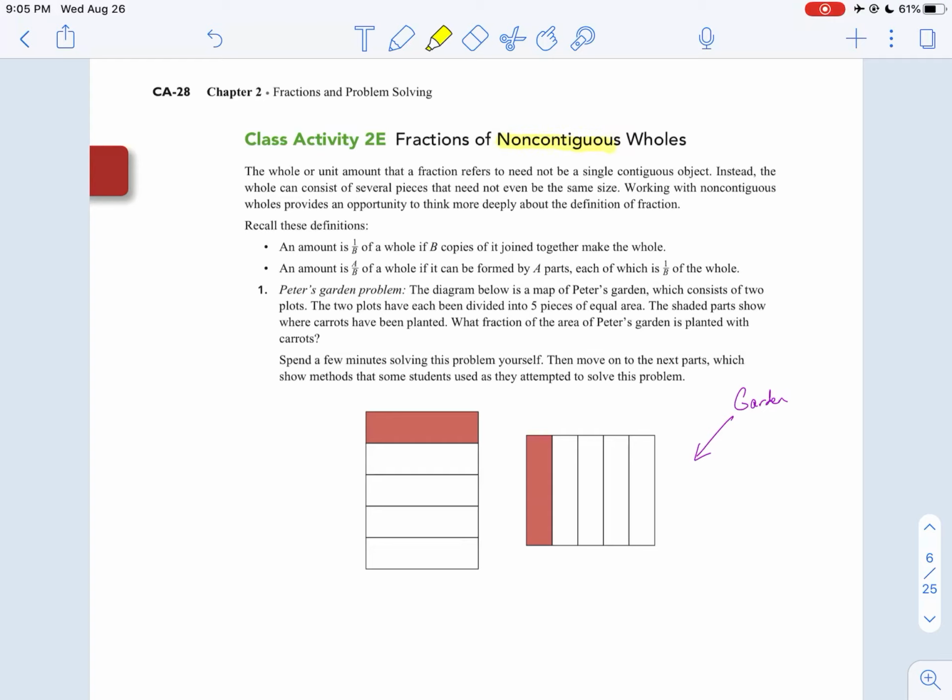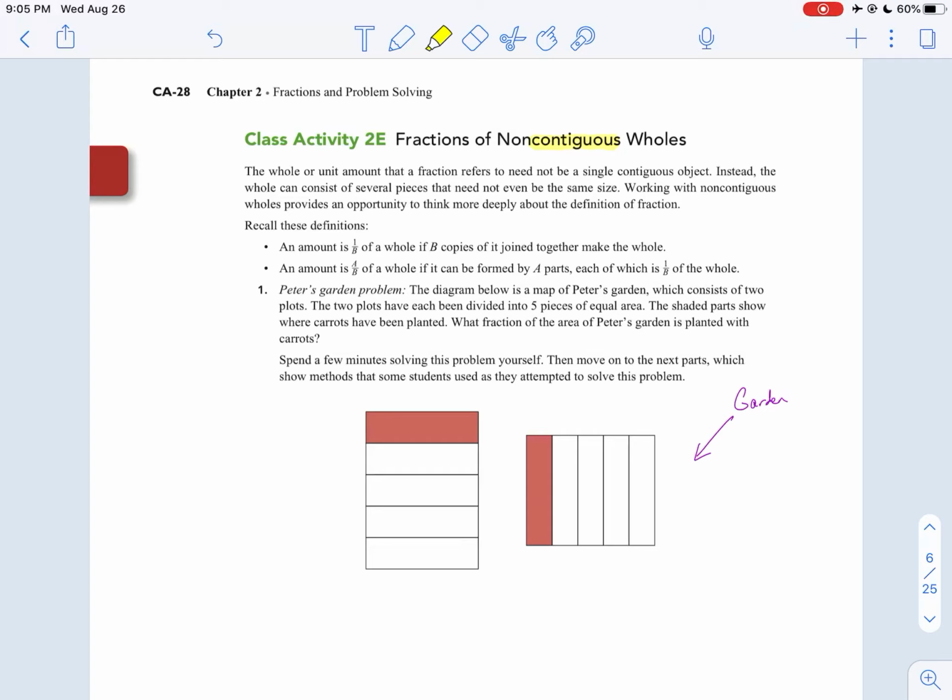So I had to look this word up. You've probably heard of the 48 contiguous states. That means they share a common boundary. So in this case, we've got a whole that doesn't have a common boundary. That's what that means. So you can read through the definition here, but the problem is that Peter has a